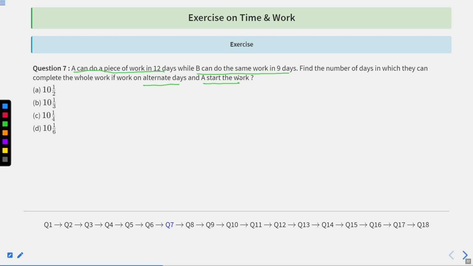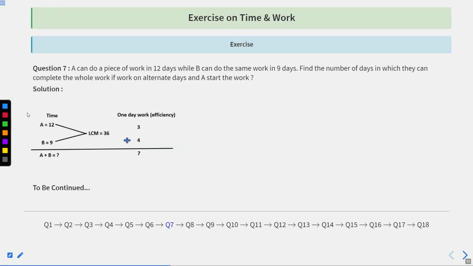Till now, people used to work together so that they can complete the task faster, or some other type of cases in which A left the work after 5 days or something. So such kind of questions we have discussed. But in this question, A's work efficiency is known, B's is also known, and what if they start working on alternate days, starting with A? So how much time will it take?